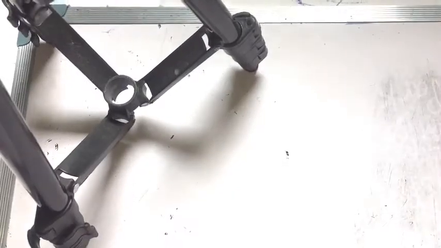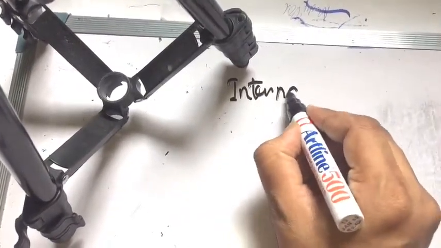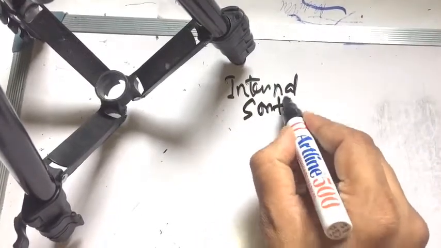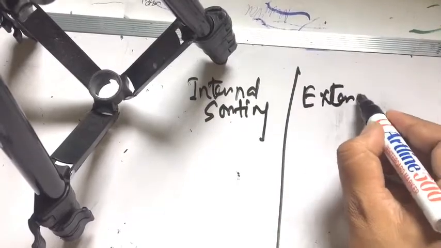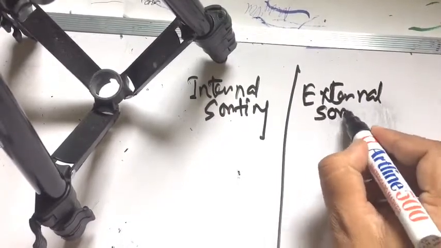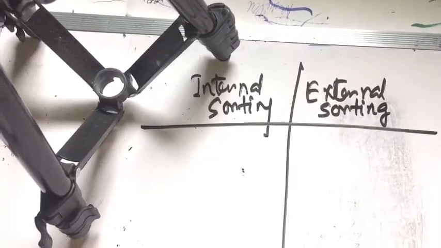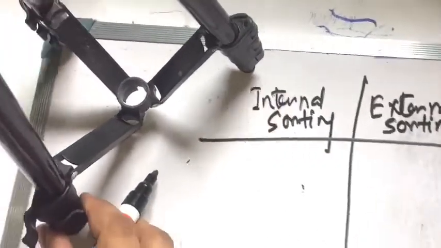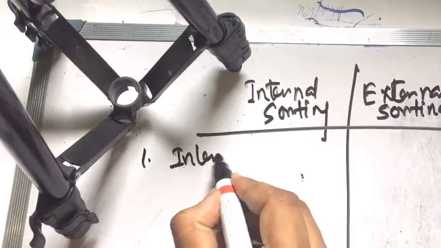Now we will differentiate between these two. In the first column we put internal sorting, and in the next column we put external sorting. So differentiate between internal sorting and external sorting. First of all, internal sorting. Number 1, internal